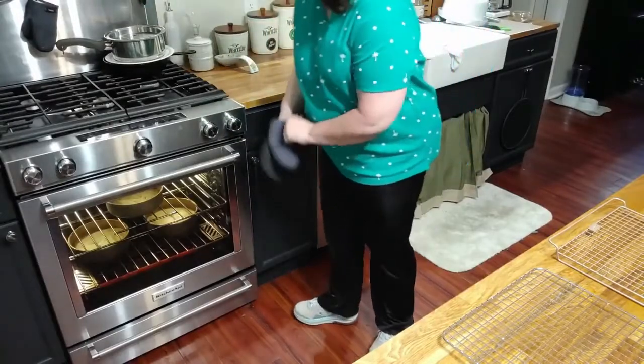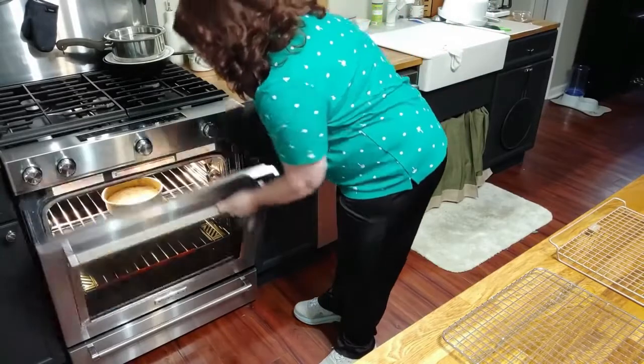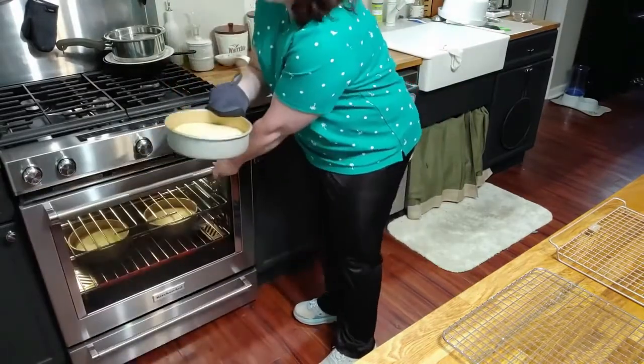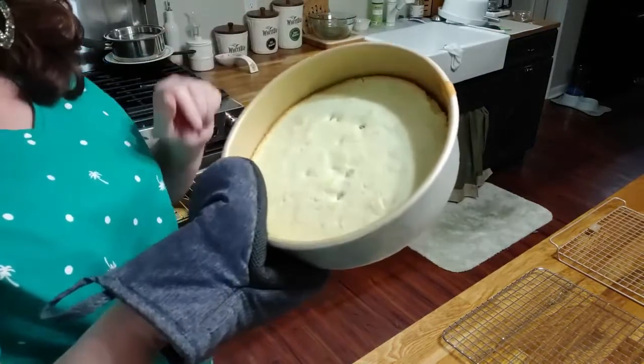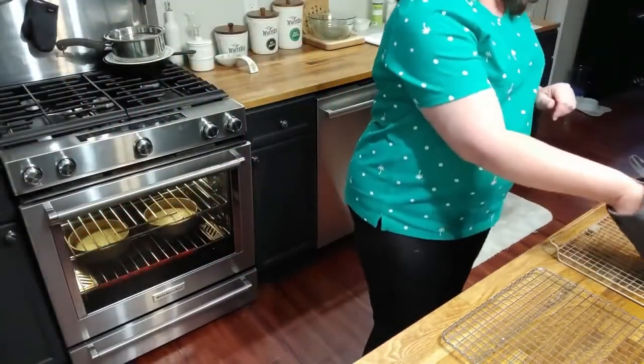Okay, these are ready. They are light on the top. They have just started pulling away from the sides of the pan, and that's what you want. They're done, but really pale. They're going to be pretty. So we're going to set them right here on the table